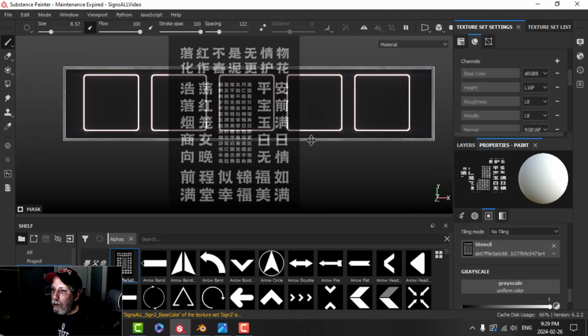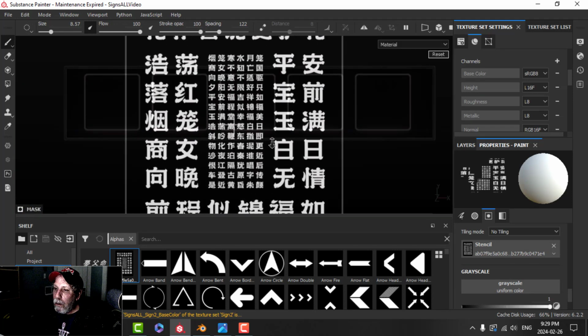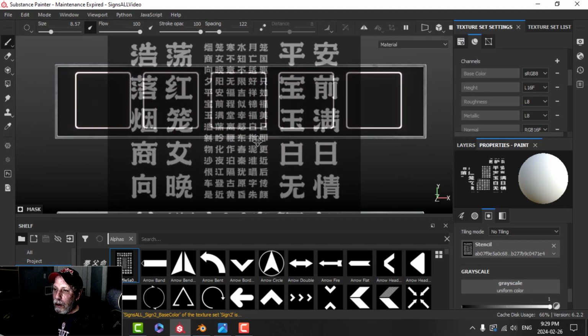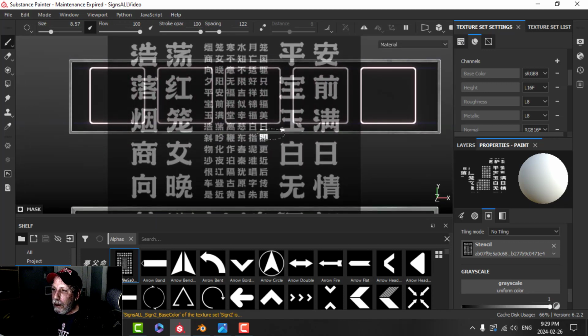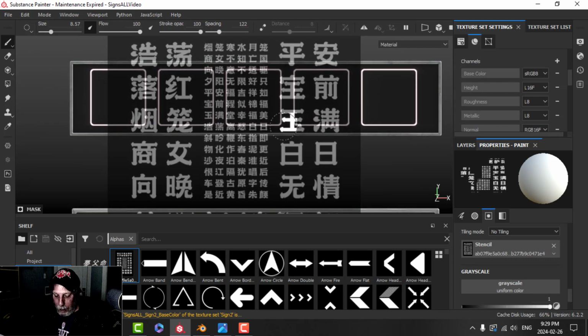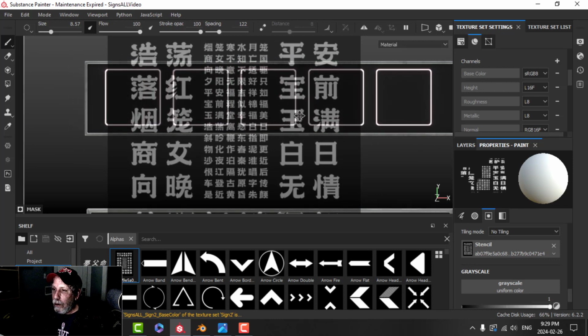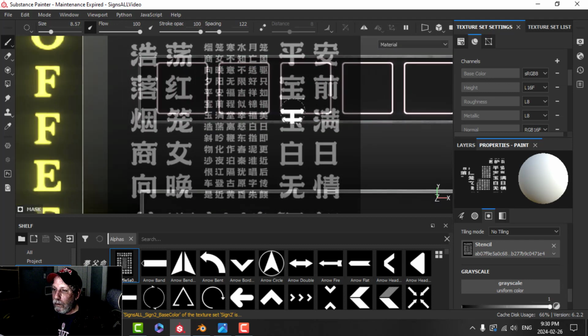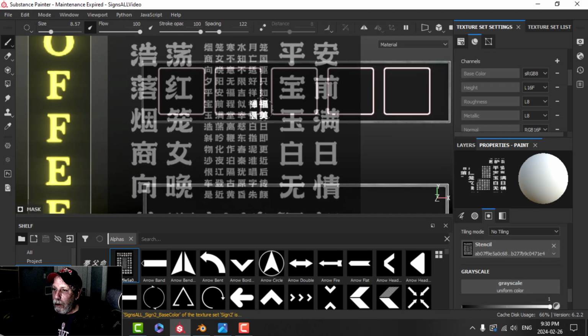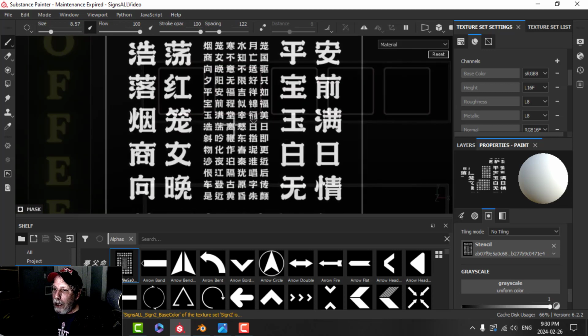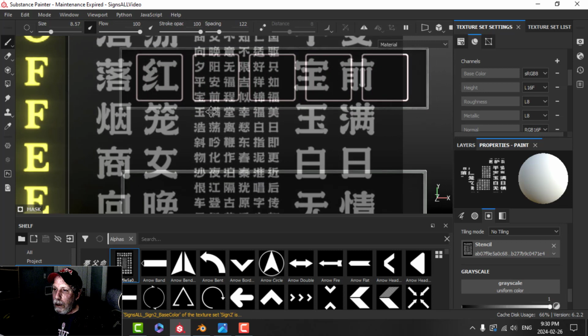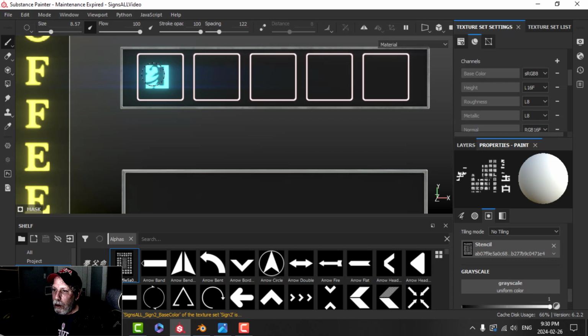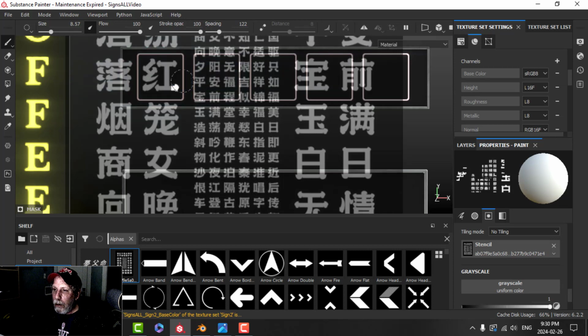I want to be able to see all 5 of my boxes. S and pull to make these bigger. And hopefully this is going to look okay. I'm just going to move this a little bit, and let's see. Okay, I'm going for this one here, so I'm going to S and pull and just get this one in the middle, something like that, and I'm just going to write over it, paint over it. Oh, looks like I got a little bit of the other one, so I'm just going to decrease the size of my brush,